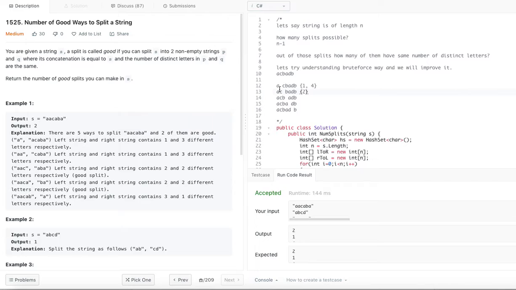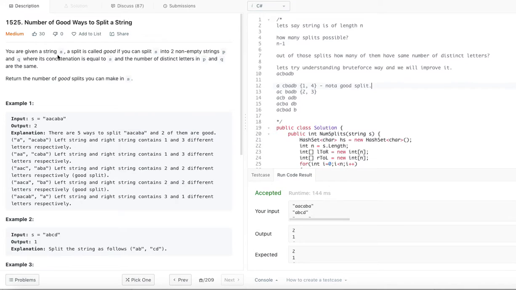Likewise, we are able to split into 5 different splits. Now let's look at how many distinct characters are there in each. A C, that is 2, and B, A, D, B, where B is repeating, so that means 3. So this is not a good split. Why? We said the number should be equal.